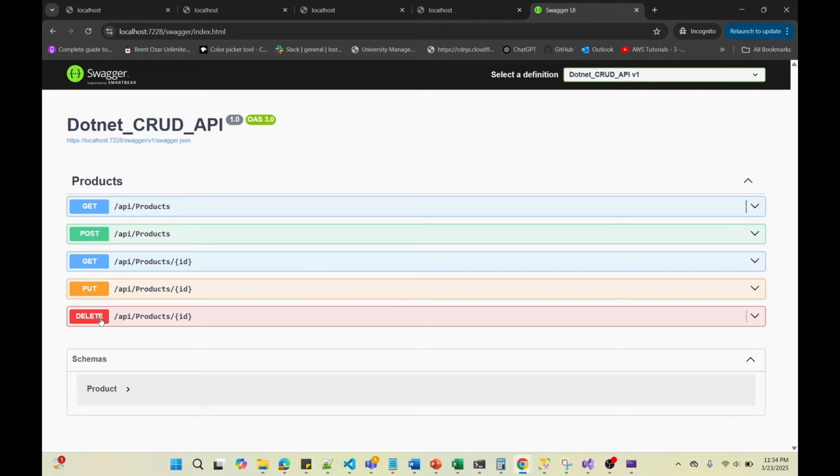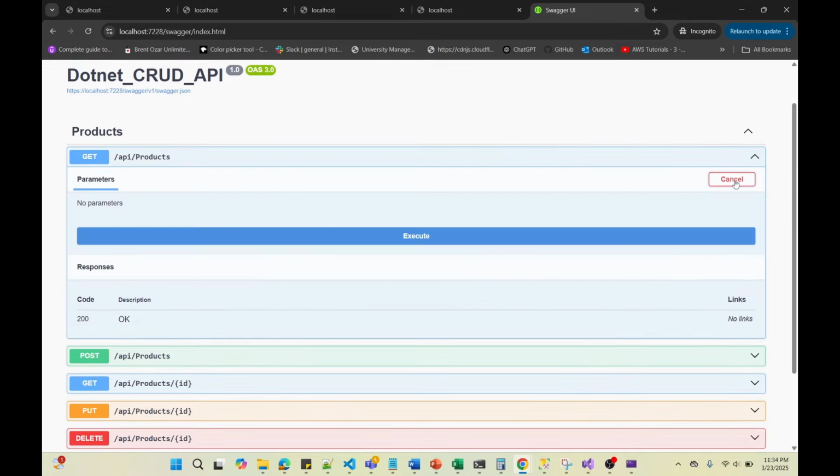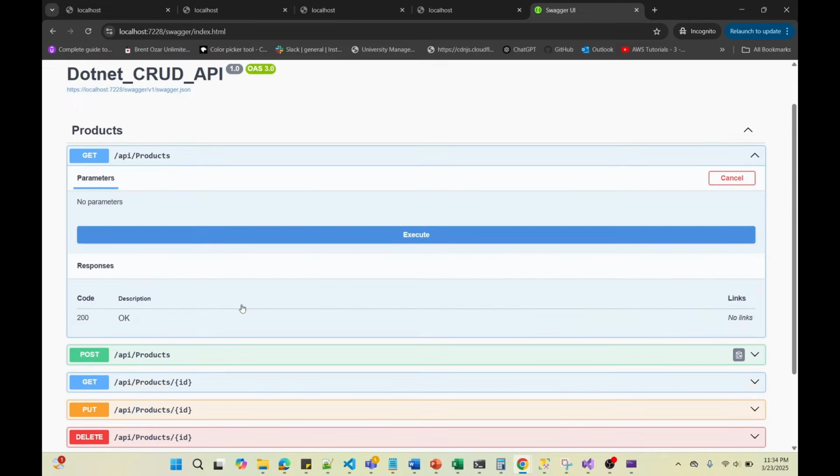Now I have all these 5 endpoints. It's for getting all the products, it's for creating a new product. This endpoint is basically for getting a product by ID. It's one for updating a product, and the final endpoint is for deleting any product, right? Now let me move towards the first one. Click on try it out, and here